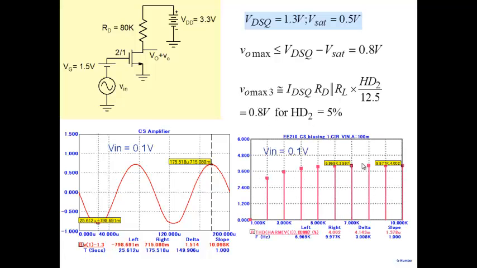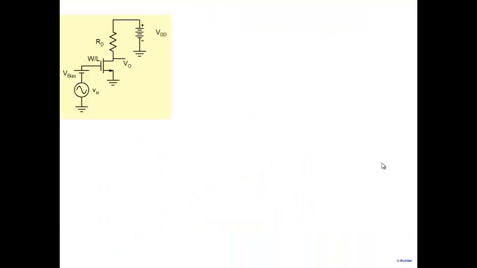So these are the distortion terms here. So with 0.8 volt swing, one is getting distortion less than 5% here. All right, so that's the output voltage swing here. The important question also arises as to how do I bias my transistor to obtain the